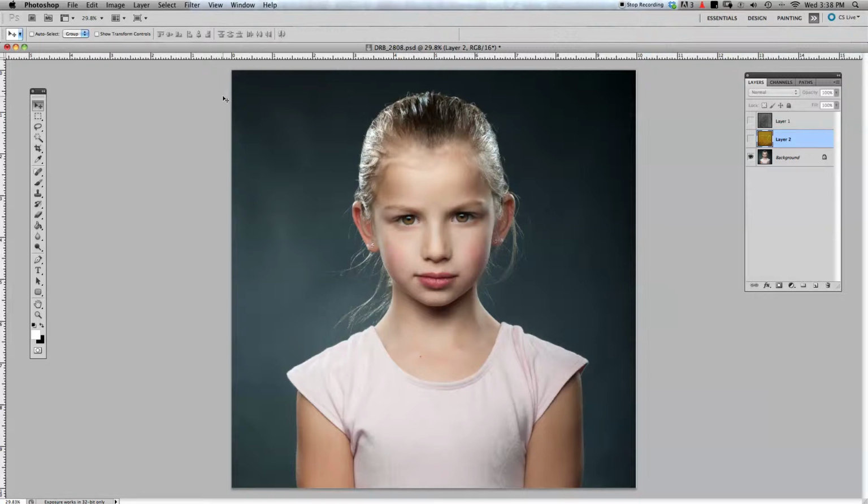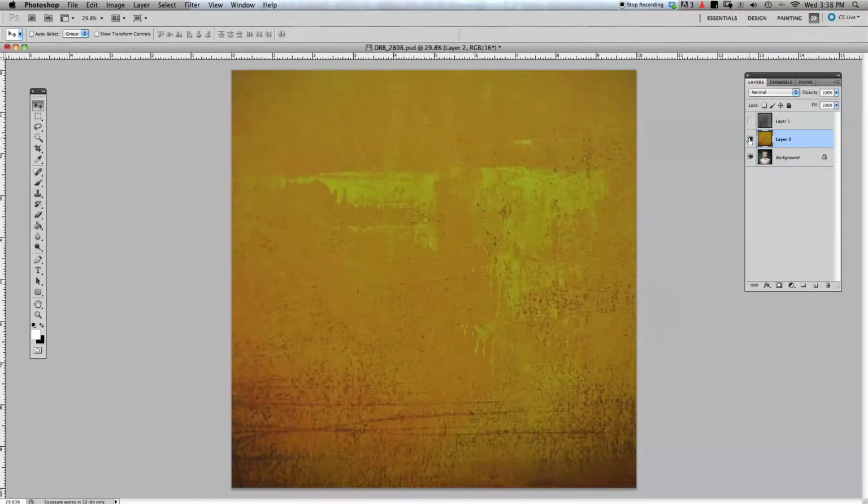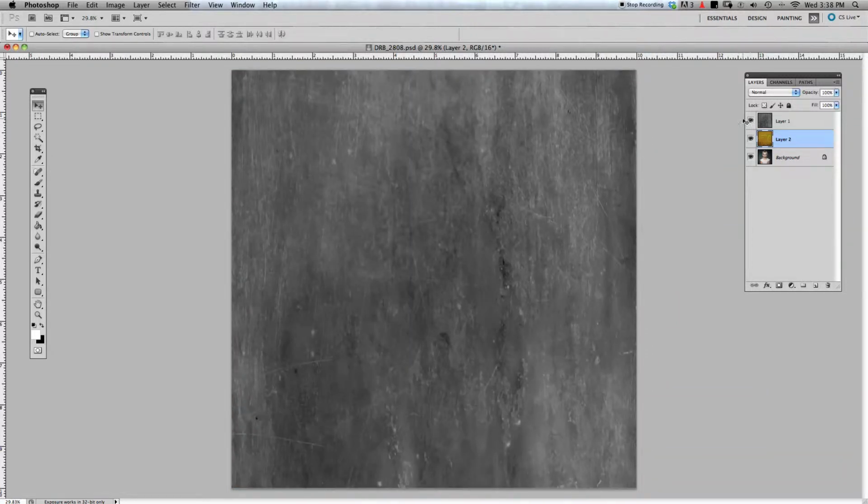So what I have here, I have two layers over here. You'll notice this texture and this texture. This texture actually, real quick, comes from Brooke Shaden. If you go to her blog